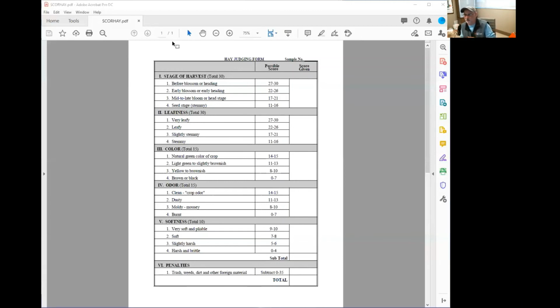So sometimes it's kind of hard to use the same score sheet on a first cutting of fescue versus a fall cutting of fescue. That fall cutting is going to be much better because it's more leaf, no stem. But that's kind of the process. And don't get hung up. Specifically, let me stop this share here. So you don't